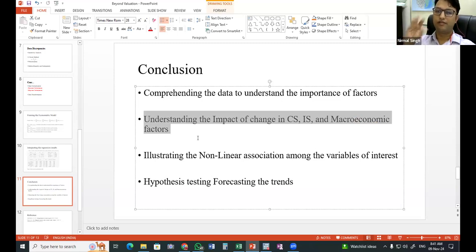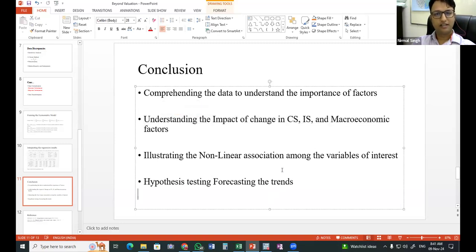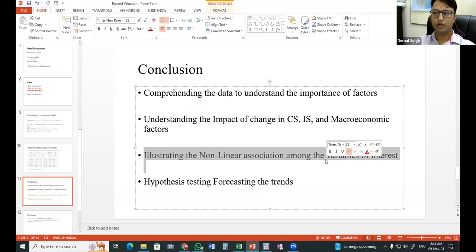So say, for example, by understanding these variables, we know that if the valuation of the company is to be increased, then we need to target these particular variables, because those variables have a significant impact on the valuation of the company. So now we have statistical evidence that by looking at those variables, we can impact the valuation. So by segregating all those things, we can better target the issues which are impacting the valuation. The other thing, the non-linear models, was not a part of today's discussion, but those can be used if we think that the relationship between dependent and independent variables is not linear.